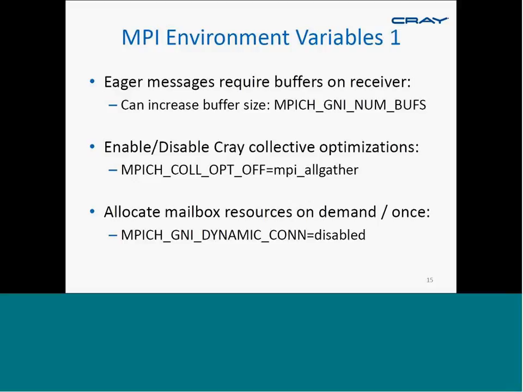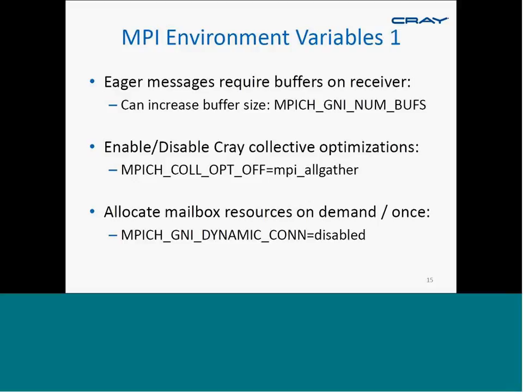And earlier on I said that Cray heavily optimizes the point-to-point and collective operations, and for some codes this hurts performance. For most codes it makes things better, right? I mean, you wouldn't do it if it didn't make things better for most people. But if you find that your application is not like the typical application, you can turn off these optimizations. In this example, in the second point, you see I'm turning on MPI all gather optimization. So you wanted to turn all to all